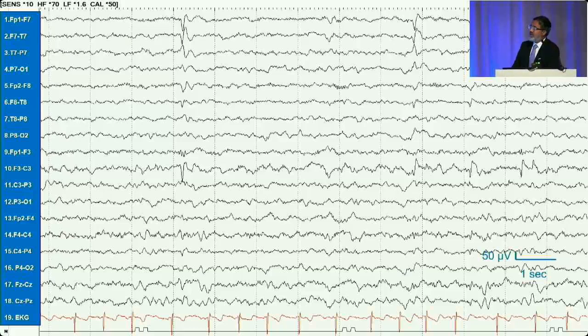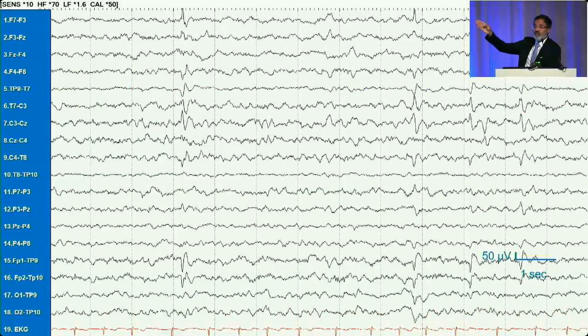So if we compare that same page, though, in a transverse montage, it becomes a lot more complicated to figure out where the maximum negativity is. Again, midline activity, very nice and easy to see. It's seen nicely, beautifully here in the middle of the screen. But the maximum deflection here is actually at T7, which is at the end of the chain. So your eye has a harder time to pick up where the maximum is, and to calculate that F7 is the next most maximum involves some math in order to interpret that. So hard to see information on the temporal chain in a transverse montage,